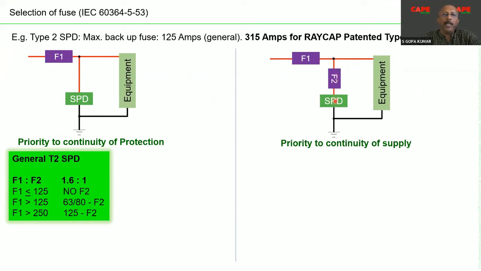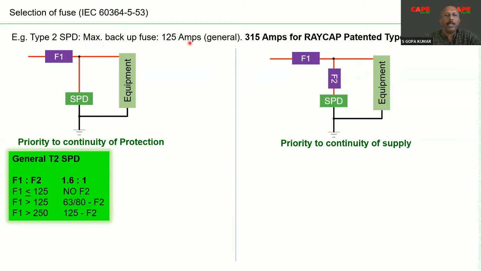Once the SPD is out, or once the SPD ends its life, the F2 disconnects the SPD from the line, so that the equipment is unprotected, but the supply is still continuing. Under this condition, imagine the SPD manufacturer says my backup fuse is 125 amps. Why am I saying 125 amps? Most of the SPDs available in the market nowadays claim a 125 amps